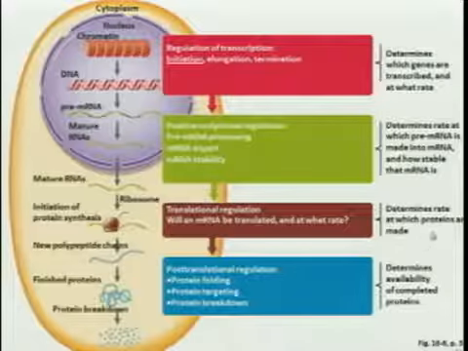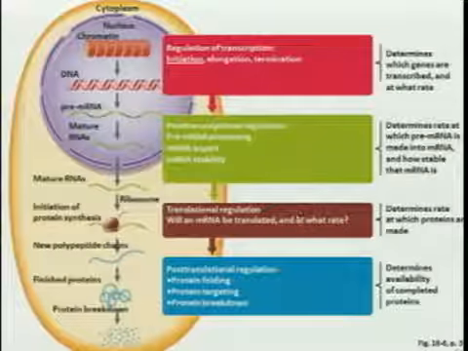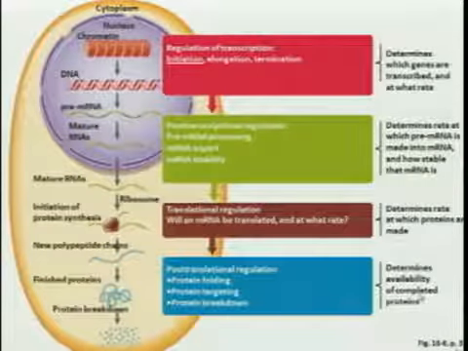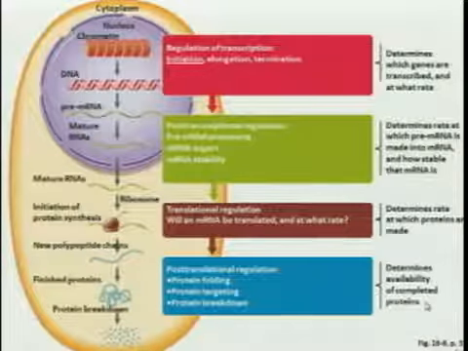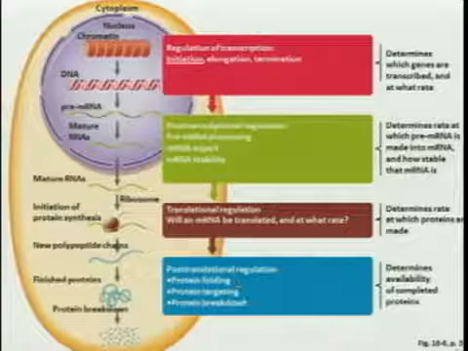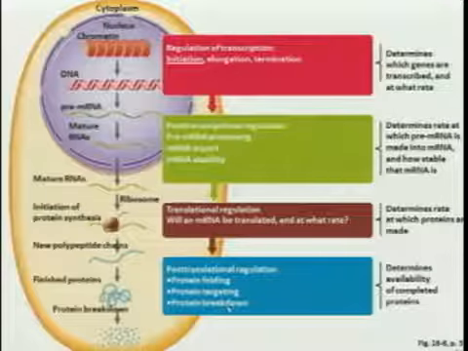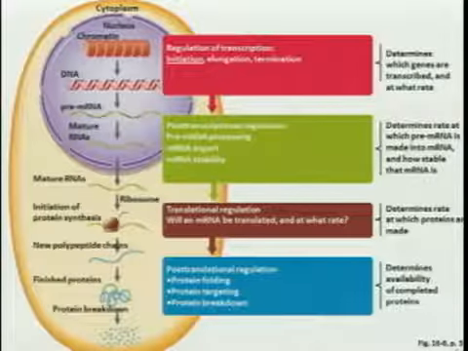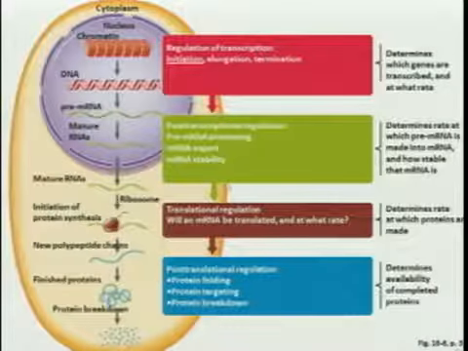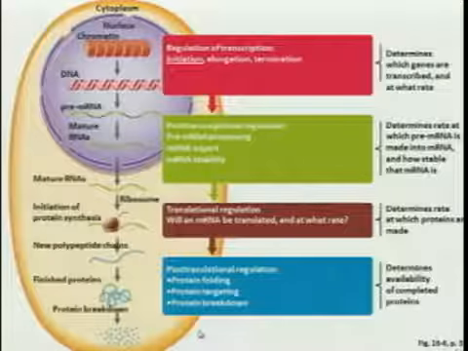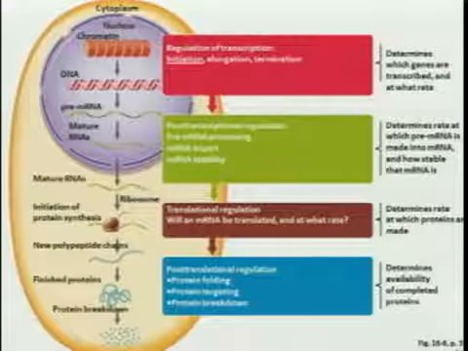She spends a lot of time focusing on the rate at which proteins are made. So will a messenger RNA be translated, and at what rate? Finally, putting it mildly, last but not least, will the completed protein be available to do something? Whether the protein folds correctly, whether it is directed correctly to where it needs to work, and how stable the protein will be, is under exquisite regulation from the cell. These multiple levels of control marvelously all integrate into producing the Purkinje neuron, or the muscle cell.